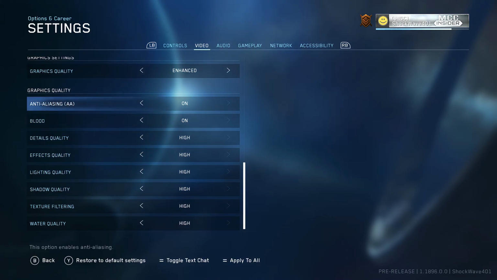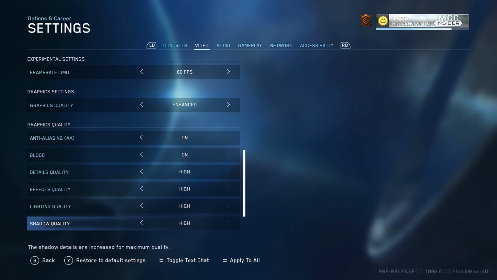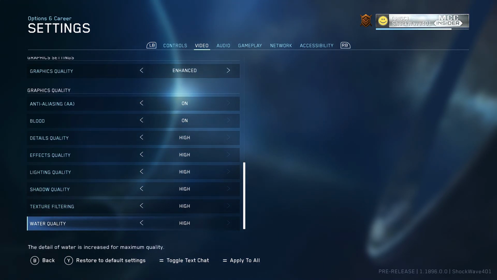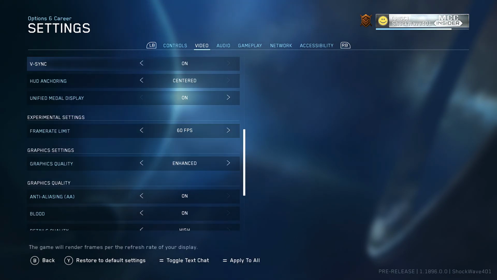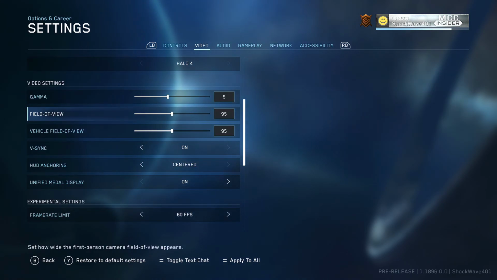But nonetheless, right now, all we have are the high settings, and this gives you details, effects, lighting, shadow, texture, filter quality, water quality, and all of this stuff is pretty standard in other games. Now, one thing that is interesting, the field of view option has been added to the Xbox One Flight. Now, this doesn't give you the option to center the crosshairs, which I'm hoping at some point comes as well,